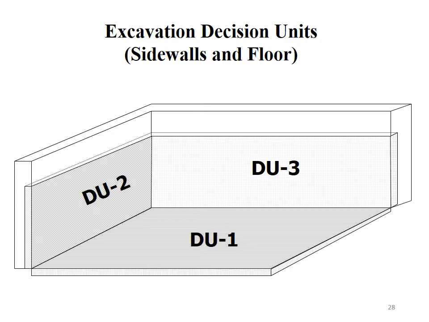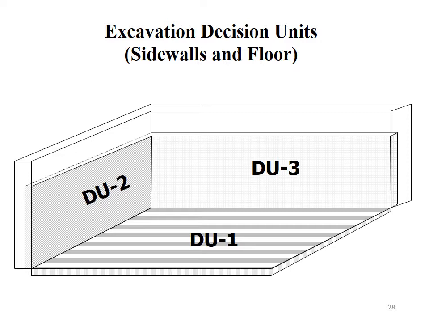Another example here is given for sidewalls of an excavation, and obviously a UST or some sort of a contaminant excavation is a good example for this. So if you're suspecting leaking primarily at the bottom of the DU, out of the bottom of the tank or source, then obviously your bottom area of that excavation would be your decision unit. Again, we would place stratified random increments across this DU and get a good representative average of the contaminant level across that entire